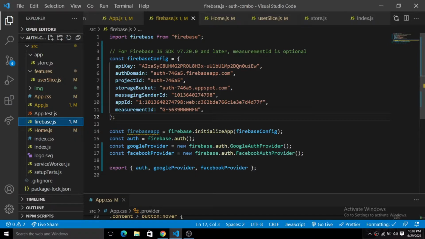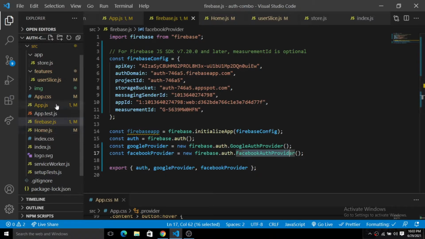So I have the Facebook provider here, which is a firebase.auth.FacebookAuthProvider instance. We store it in the Facebook provider and export it so we can use it anywhere in our project.